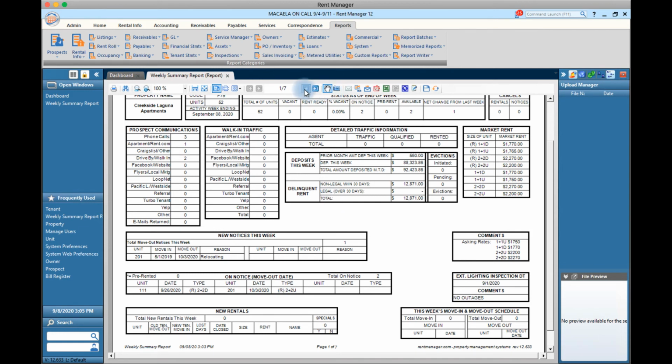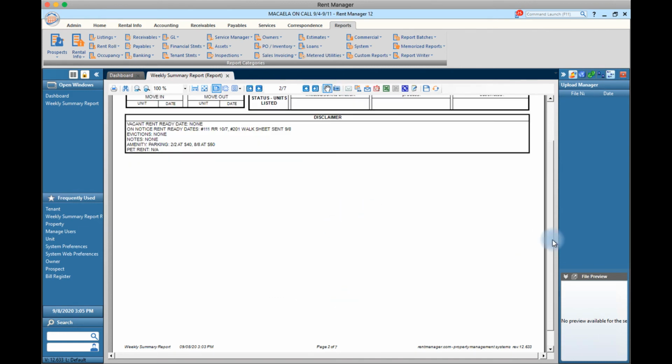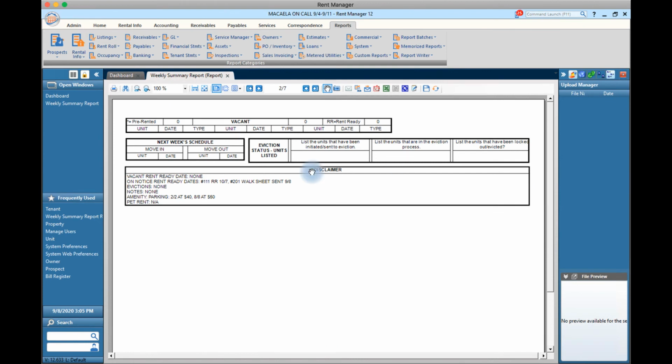So let's go on to the second page. No vacancies, and then those 2 units that are on notice, we have rent ready dates. So for that unit 111, it's going to be rent ready on 10/7. And then for that other unit that just went on notice, it looks like the manager performed a walk through and submitted the walk sheet on 9/8. So this WSR is